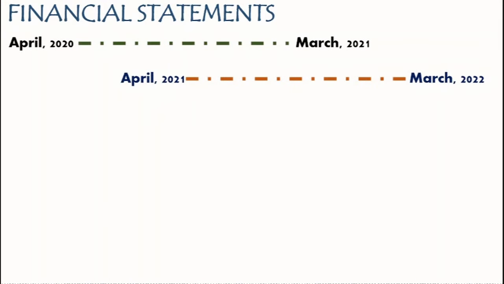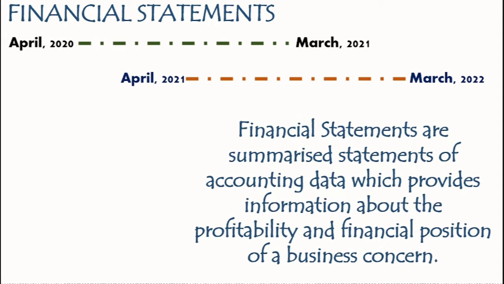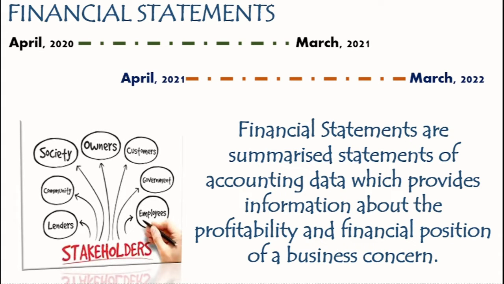So at the end of the financial year, company wants to know whether they have earned a profit or suffered a loss. So final accounts of the firm displays the net result for the given year. This is just like the result you get at the end of each session before you are promoted to the next class. So information provided by the financial statement is used by the stakeholders of the company like management, investors,